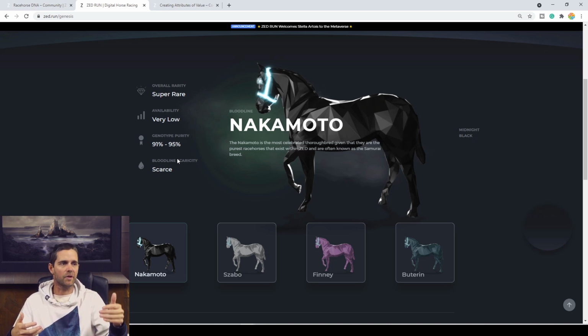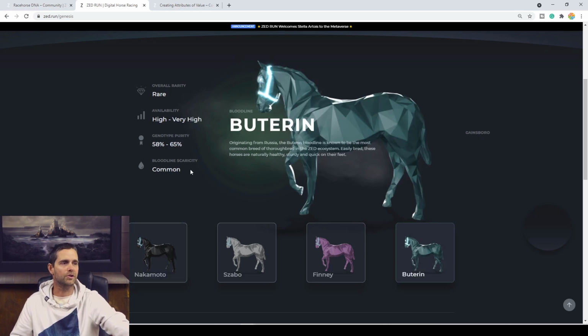Now, because the Nakamotos contain the highest genotype purity, does that mean that they are more important to the Zed Run breeding puzzle? Maybe. You need to form your own opinion on that, but my opinion would suggest that it's likely, if not even highly likely, that they are relatively important as far as breeding future champions goes within the Zed Run ecosystem. I mean, what does that suggest when you go from 91%, or let's just call it 90% genotype purity here, and we come down to the Buterin and you can see there 58 to 65%